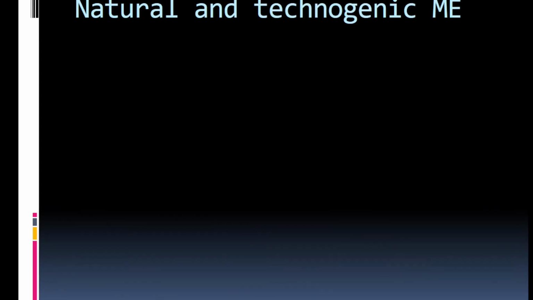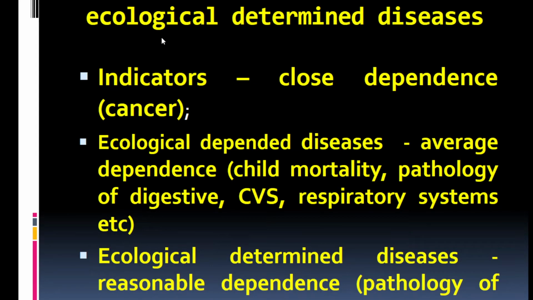But lately we have action on humans, not only natural, but technogenic macroelements and microelements, which promote the arising of some microelementoses and some diseases. That's why, due to the action of these elements and other external factors, we can divide all our diseases